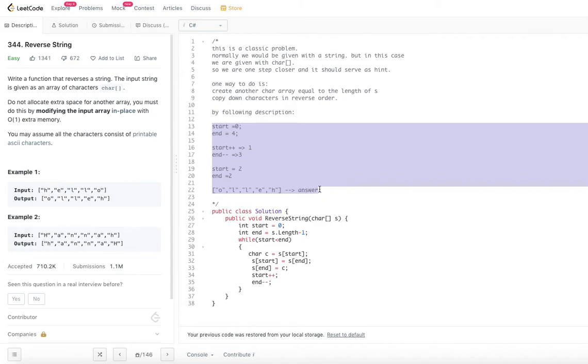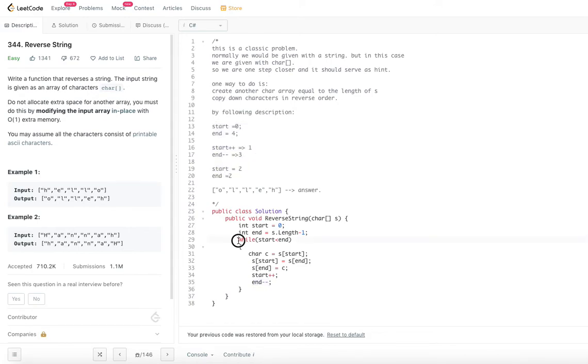Let's go ahead and look at the algorithm for the code for this, right? It's a simple code. It just follows the discussion that we had. So start is 0, end is s dot length minus 1, that's what we said. And while start is less than end, we are going to do this flipping. In order to flip the characters, we need a temporary space, that is C. We put the start character in that temporary variable, then we put end into start and we put that C into the end, and we increment the start and decrement the end, right? So that's what we have been doing in our example.